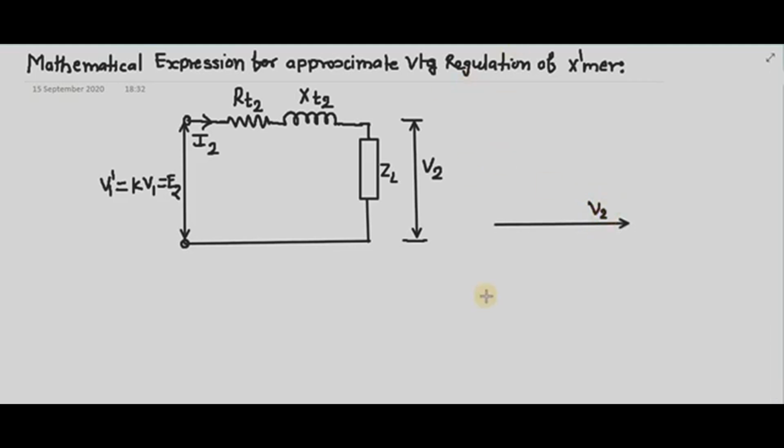I2 lags V2 by some angle phi. Then the I2 RT2 drop is in parallel with my I2. So this is your I2 RT2, and perpendicular to this I2